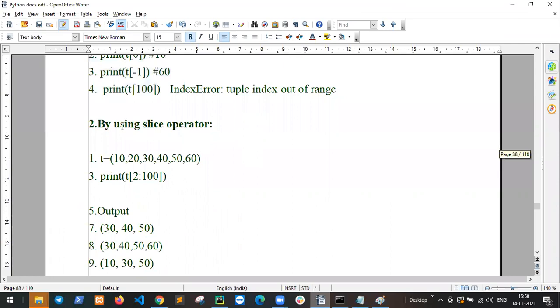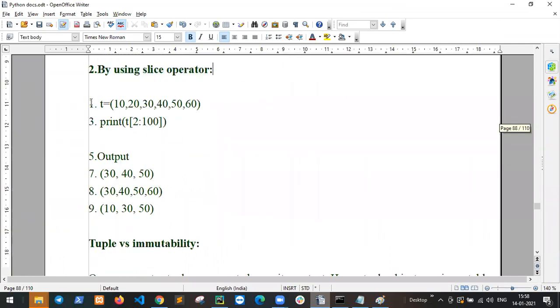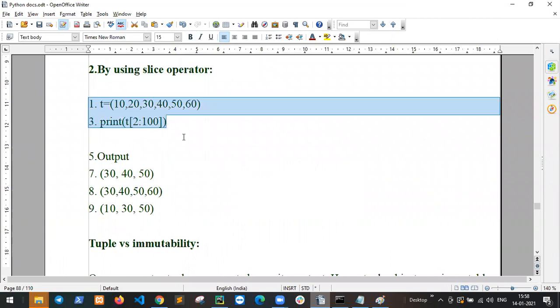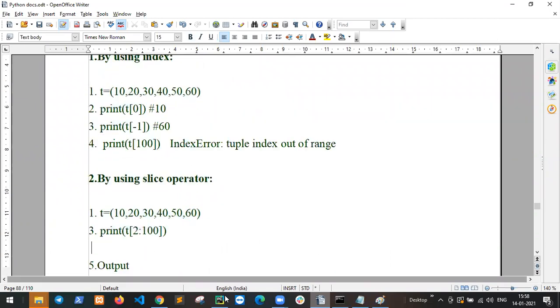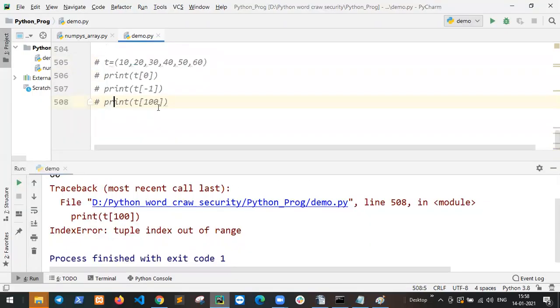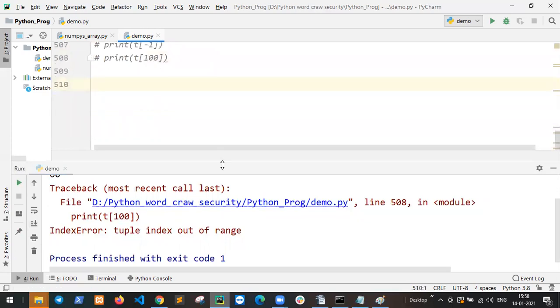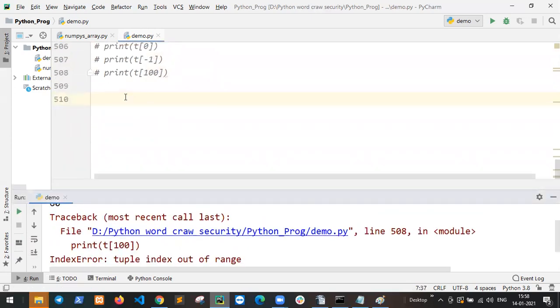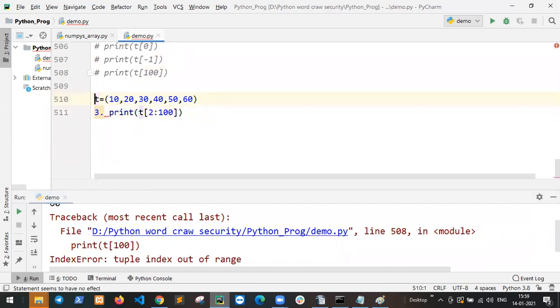Second is by using the slice operator. So what is the output? You already know the slice operator now.